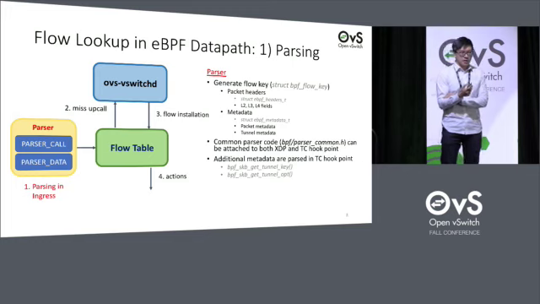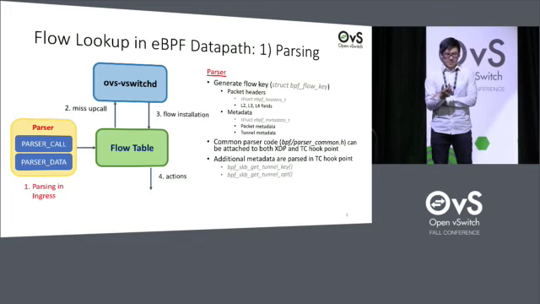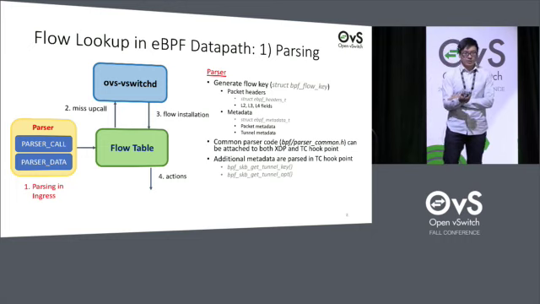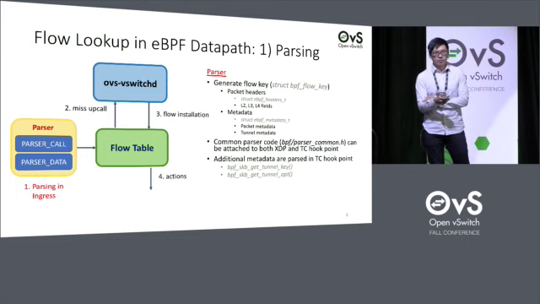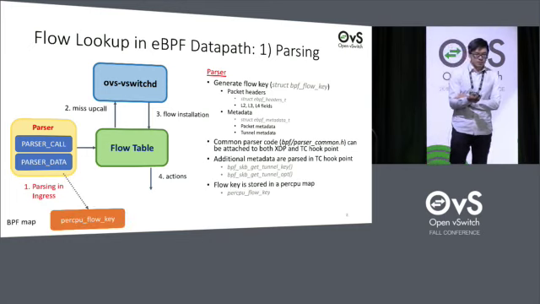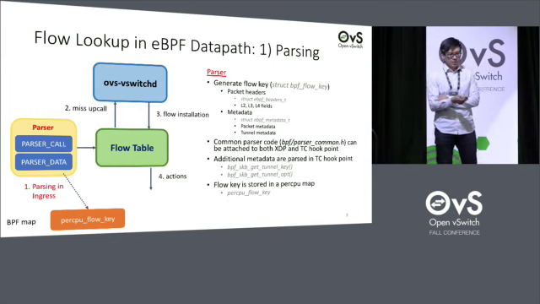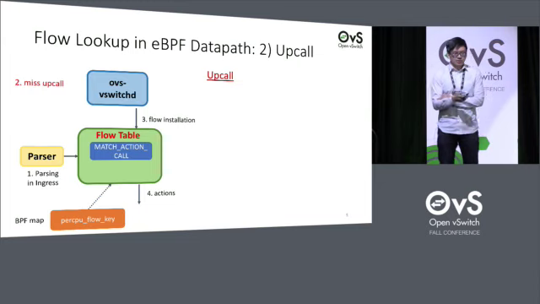And we have another eBPF program that derives the metadata, because it relies on two kernel helper functions which are only available at the TC hook point. Then we store the flow key into a per-CPU map called per-CPU flow key. And then we will use this